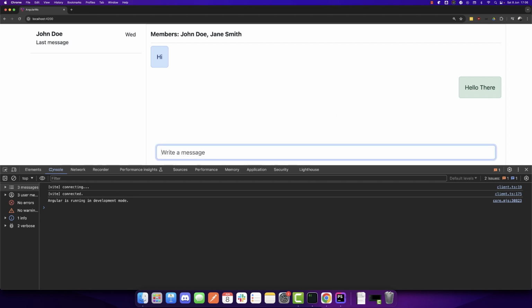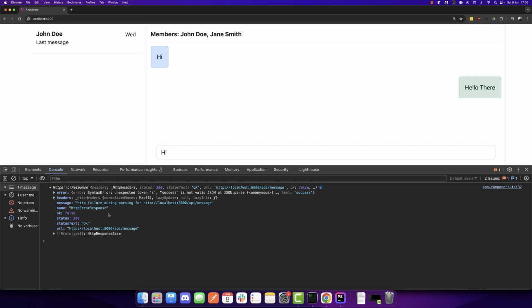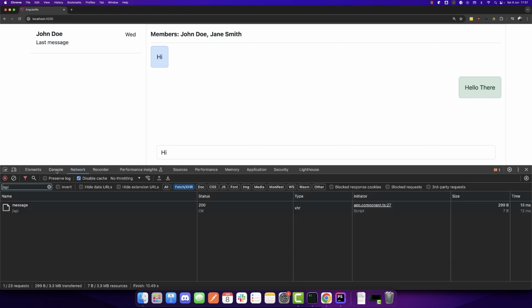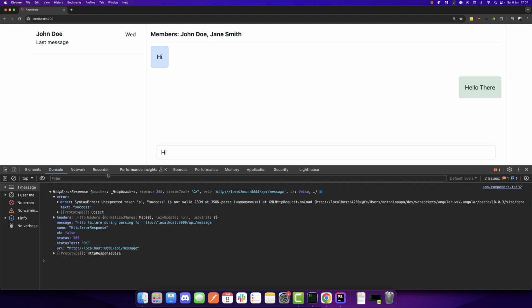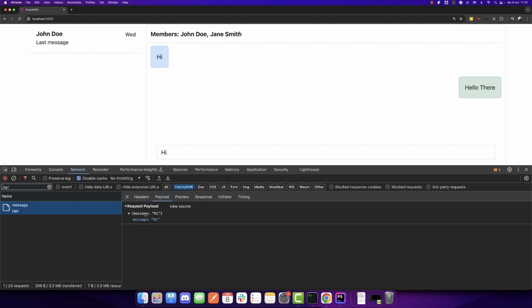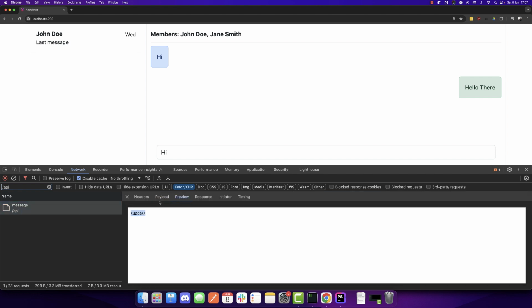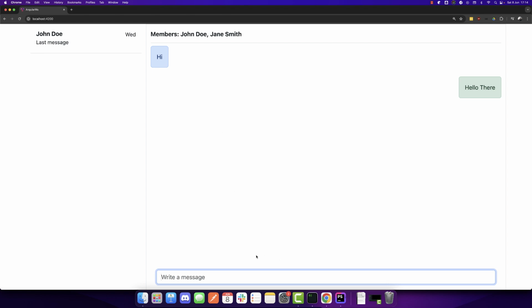So we can write a message hi, and we get an error actually. I think it's working fine because as you can see, this is not a JSON response, but we get success, so it is working fine. So we are successfully sending messages to the backend, but we are not displaying them in the conversation. So